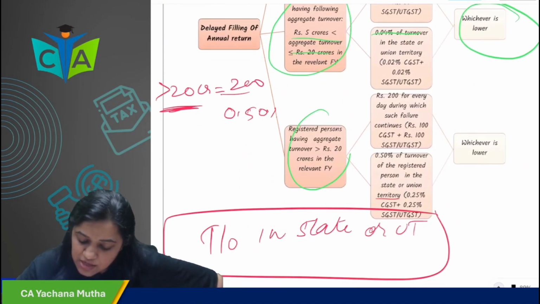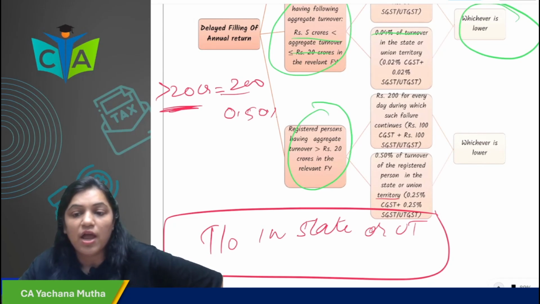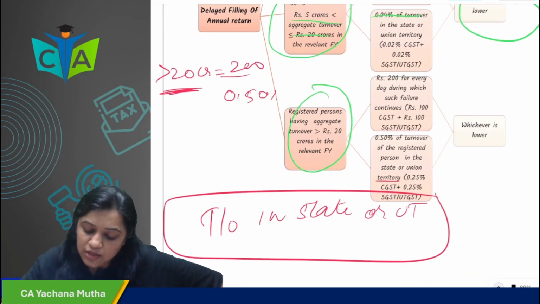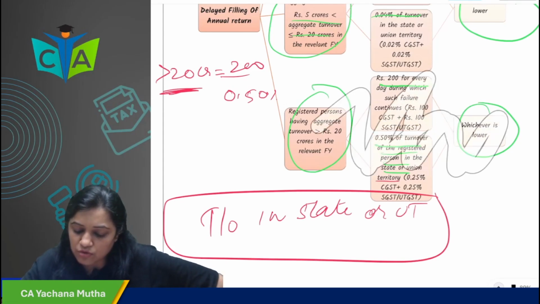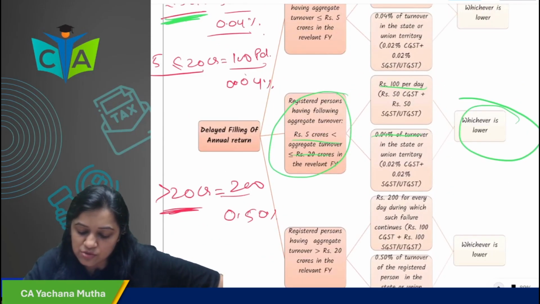And if you are a registered person having turnover of more than 20 crore, then in that case 200 rupees per day or 0.5% of the turnover in the state or union territory, whichever is lower, is the late fees. Okay, so